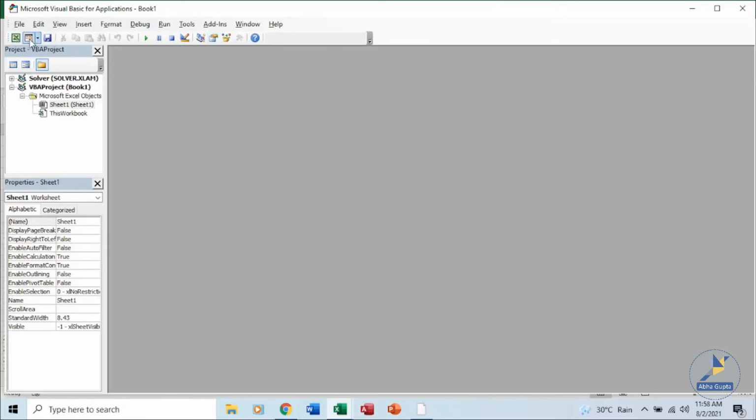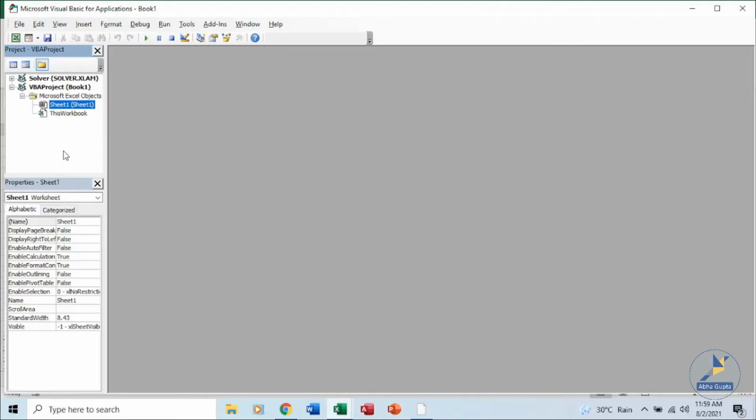You can see the various options, your save, your run. We'll talk about these things later. On the left-hand side, you have the project window for the worksheet on which we are working. Here you have the properties window: whatever you click over here, either the worksheet or, when we create modules, the properties of the modules will appear here.